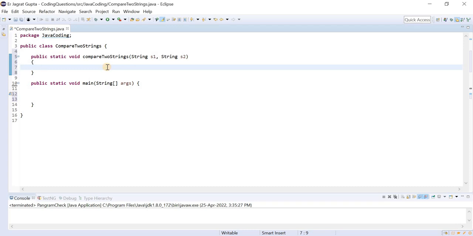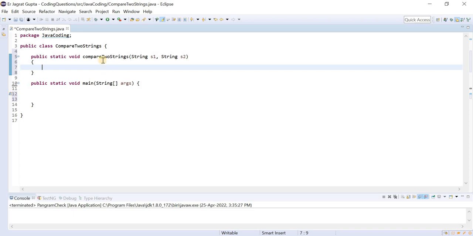Let us suppose we have two strings. What is the basic approach? The basic approach is that we need to identify the length, and if lengths are equal, then we will traverse one by one character, and we will compare whether both characters are equal or not. If they are not equal, then ultimately we will return the difference between them. And of course, if lengths are not equal, it means we don't need to check anything. We can say directly that strings are not equal. Okay, so I'm going to implement the very first basic approach.